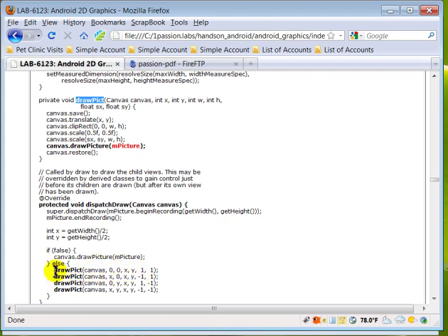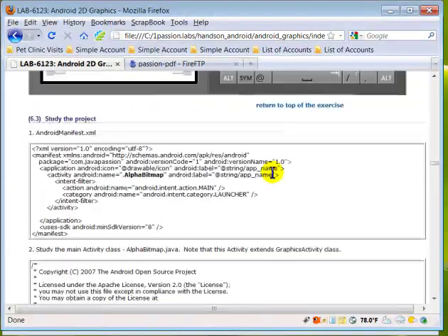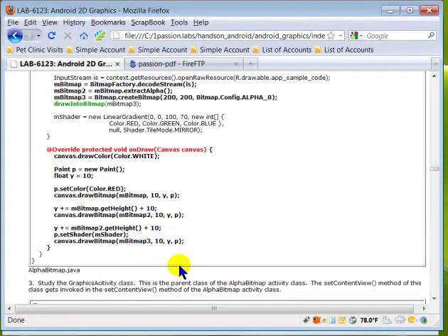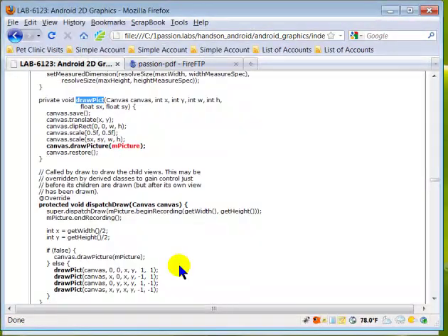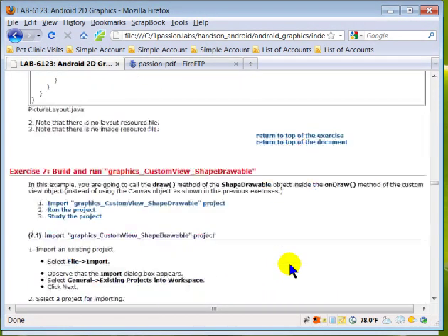So whenever you call the draw picture method, it will draw one of these in a different location. This is actually called just once, and inside this method we are drawing 4 different child views. Okay, all right. Okay, so that's the end of today's